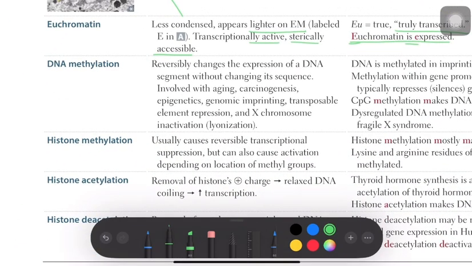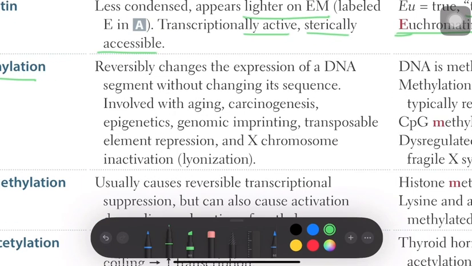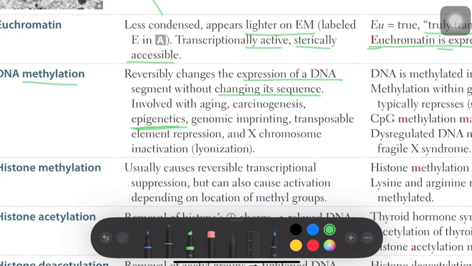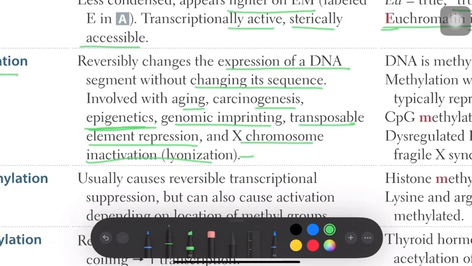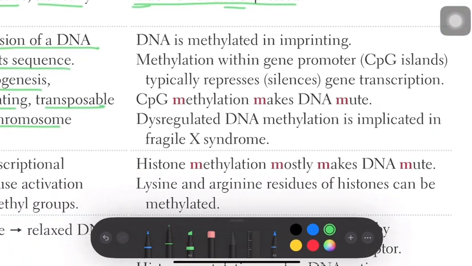Now we have changes that we can do to the genetic expression without changing its sequence. One example, DNA methylation. Reversibly changes the expression of DNA segment without changing its sequence. That sounds like epigenetics, and it is. So, DNA methylation is involved in aging, carcinogenesis, epigenetics, genomic imprinting, transposable element repression, X chromosome inactivation, lionization. DNA is methylated in imprinting. Okay, imprinting disorders, Prader-Willi,